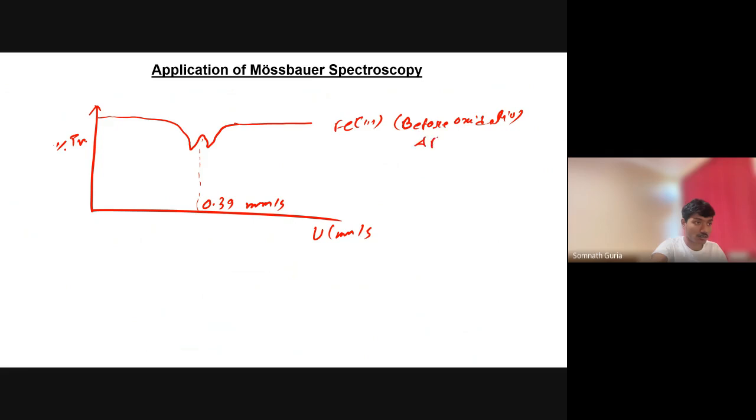What is the delta EQ value for that? It is around 0.9